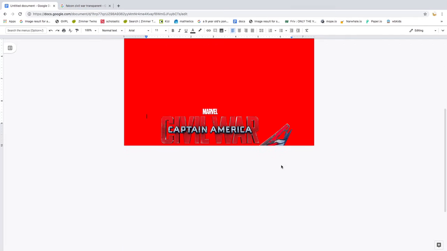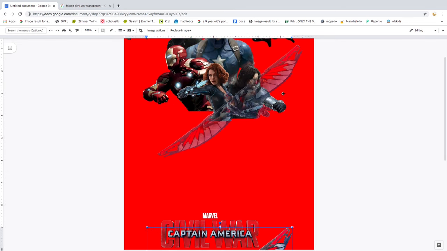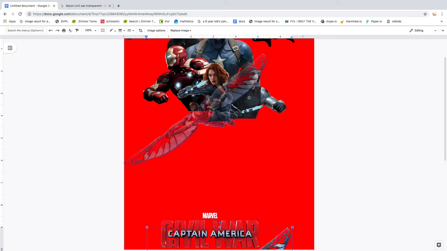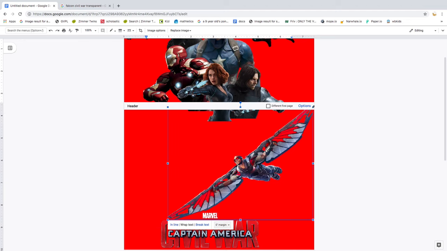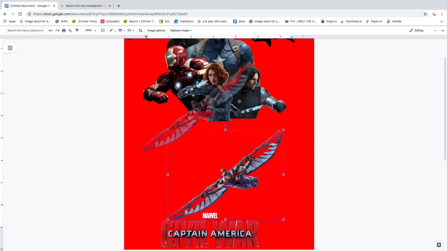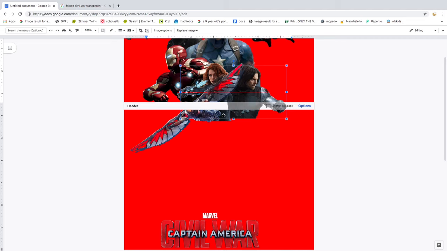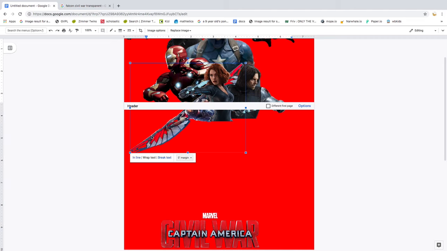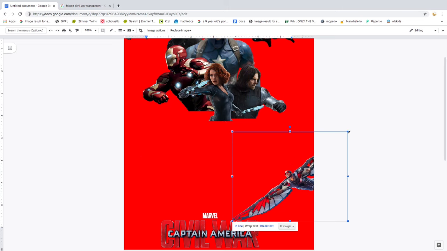See what I mean about Falcon's wings? They're really pesky. They're really pesky like this. See, I want to have Falcon in front of Black Widow, but see, if I make him too small, then his head won't be that visible. I could always have it like that. But no. This is a really cool image, but